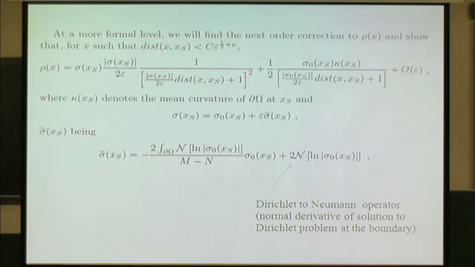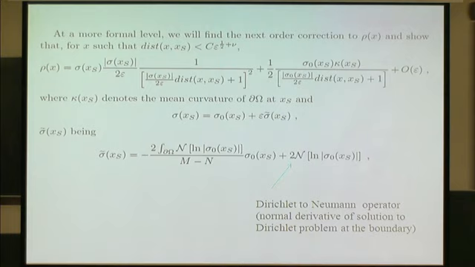Now you try to do some refined asymptotics. What you find is that the next order is given by this quantity involving the curvature. So you have some geometry information that goes from the shape of the boundary to the distribution of charges close to the boundary. And the surface charge density sigma that appears in this formula is the one of the perfect conductor plus a perturbation which has a complicated expression involving the Dirichlet-to-Neumann operator.